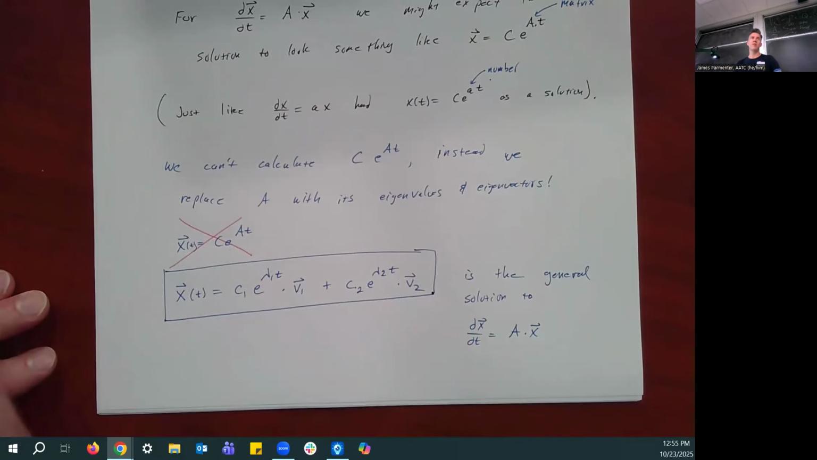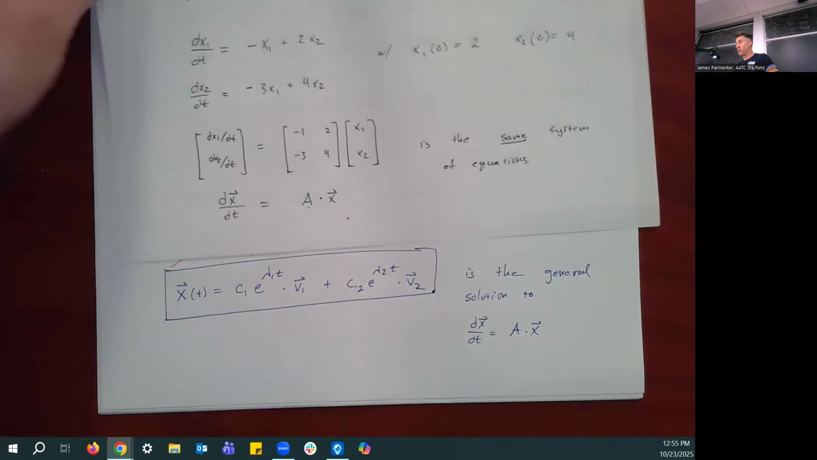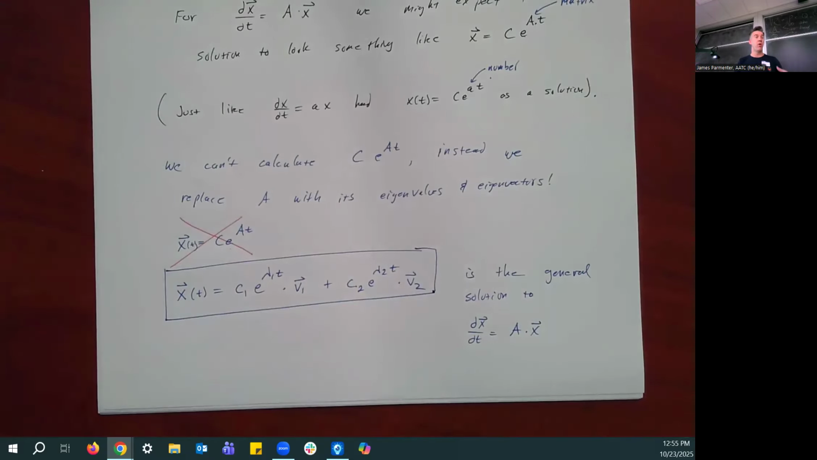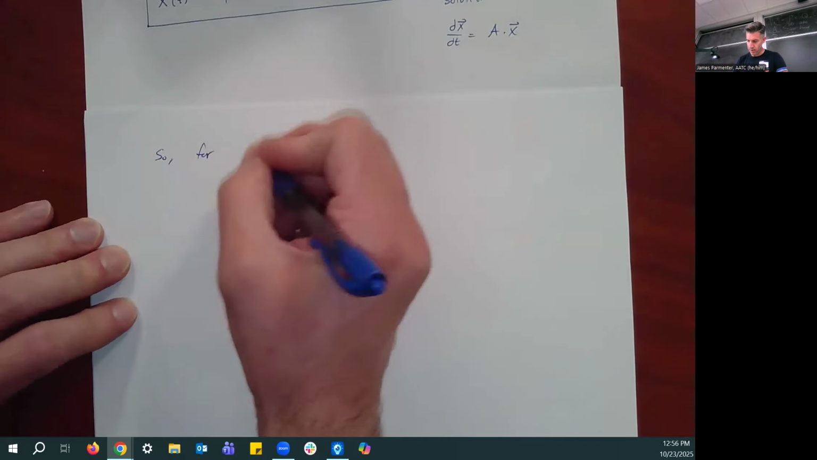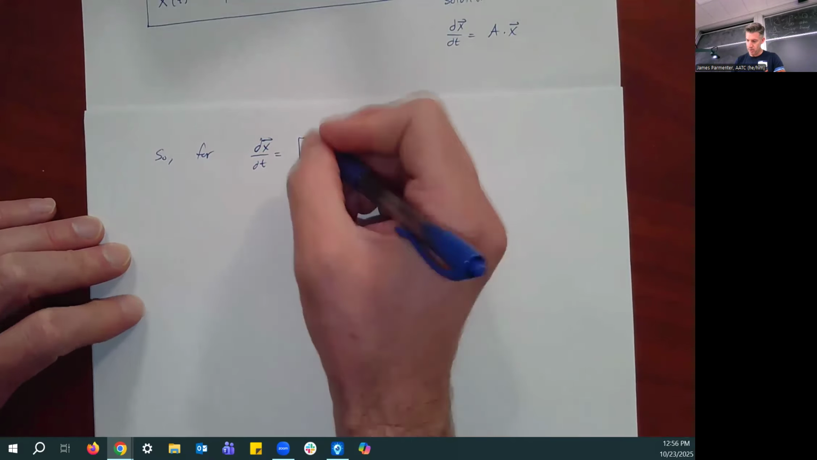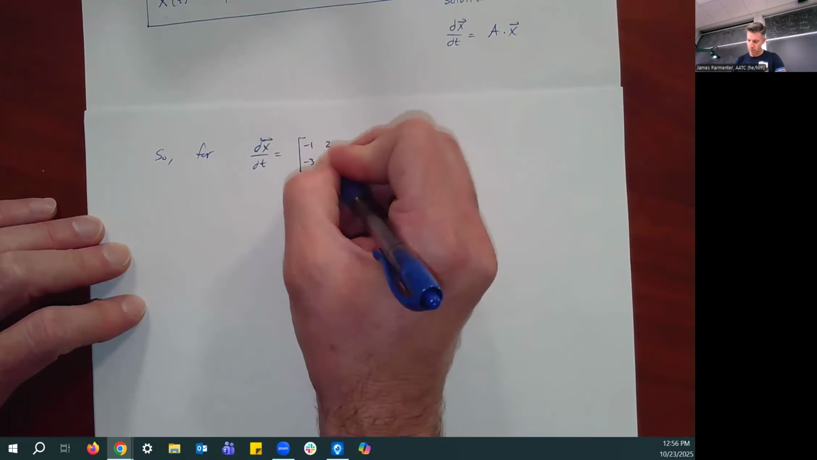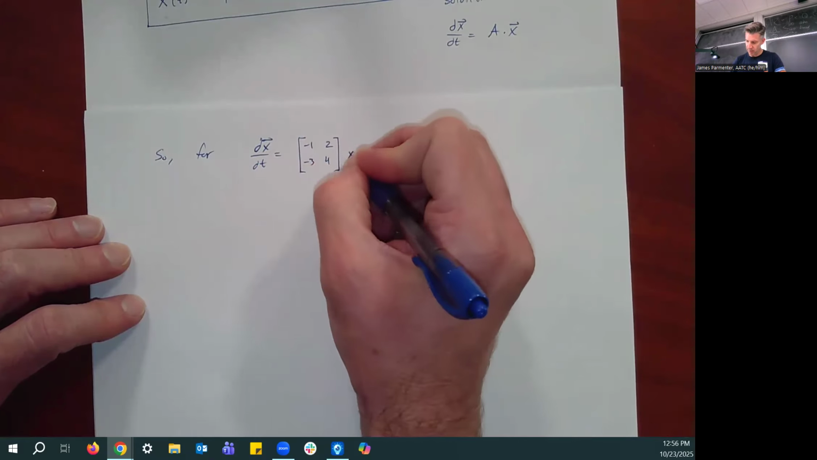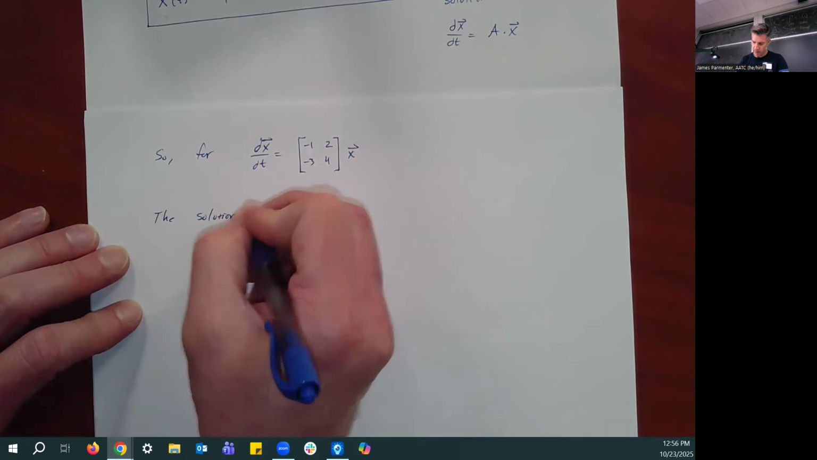Cool. Well, good news. We already found the eigenvalues and eigenvectors for this matrix, right? It's literally the matrix here, -1, 2, -3, 4, that we've already been working with today. So let's go ahead and actually write the solution for the particular system we're looking at. I'll write it again. So for dx dt equal to the matrix A, which is -1, 2, -3, 4, times the vector x, the solution is